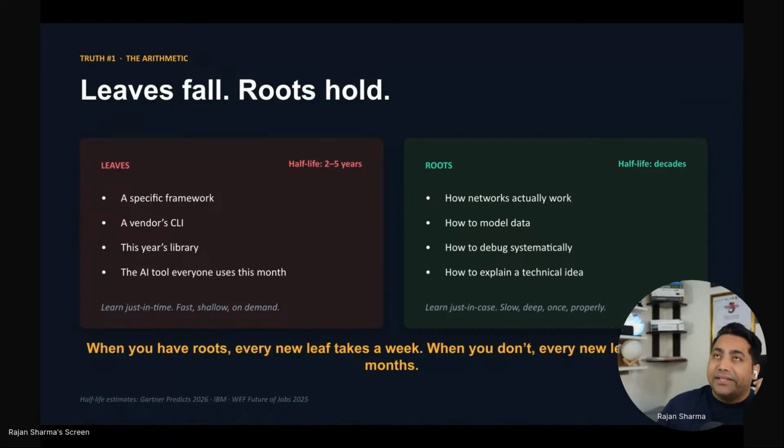And when I say decades, it means some basic technology that is always and always being used to evaluate everything. I remember there's IBM's own research on tool-specific skills, the leaves we're talking about here, and they calculated about 2.5 years that they are going to stay. And for AI-specific tools, they estimate a maximum of 2 years.